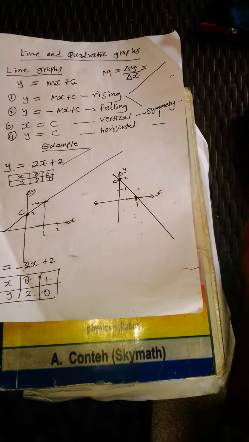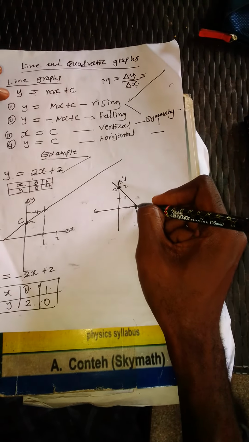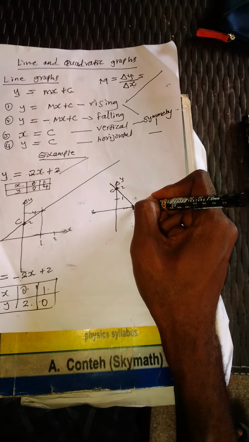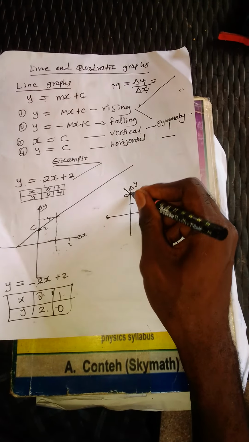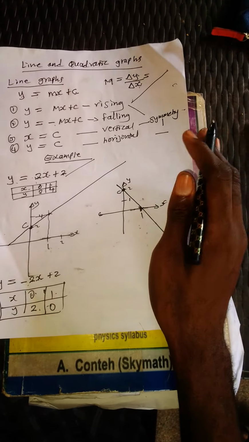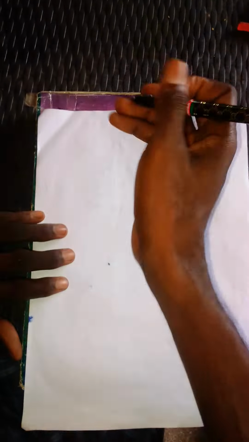You see, the intercept now is where the line passes through the axis. When the line passes through at x, this point is called the intercept at x. When the line passes through at y, this point is called the intercept at y. So this is just the basic form of drawing a line. You see? So now if we move to the quadratic graphs,